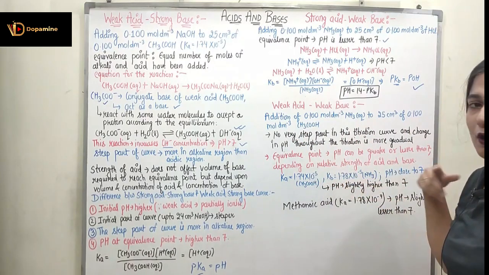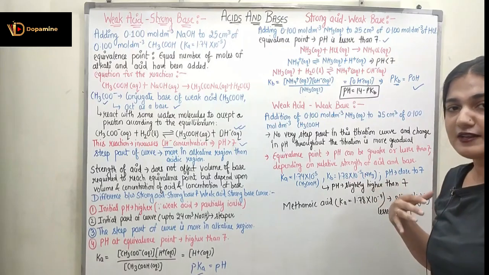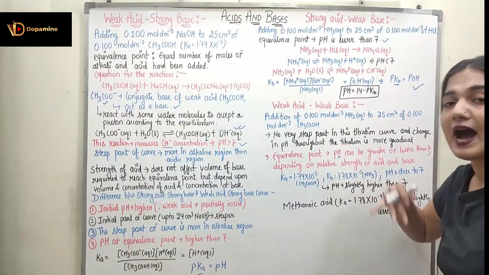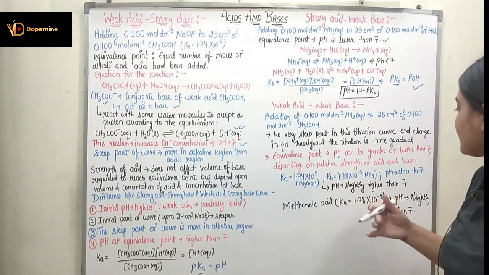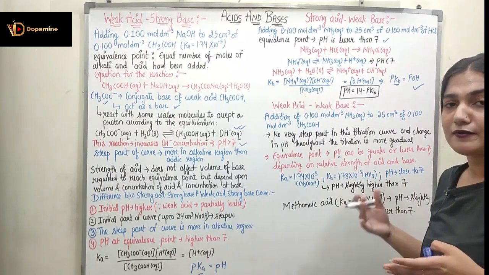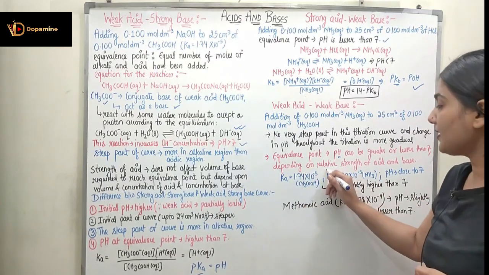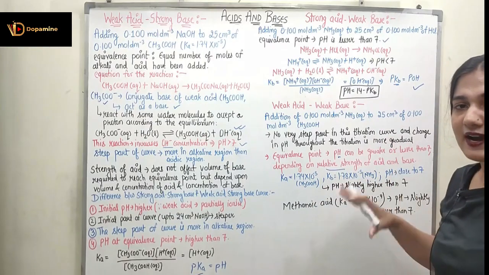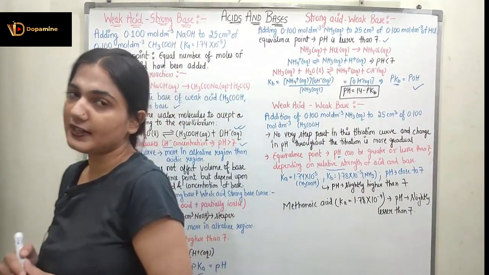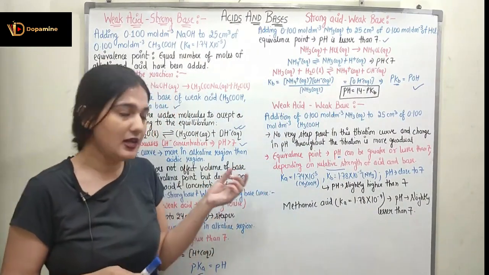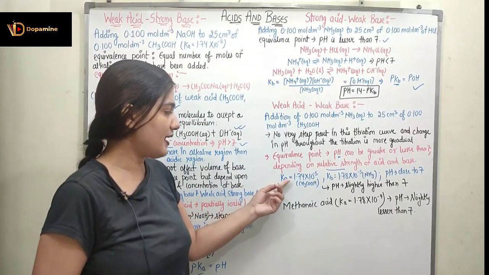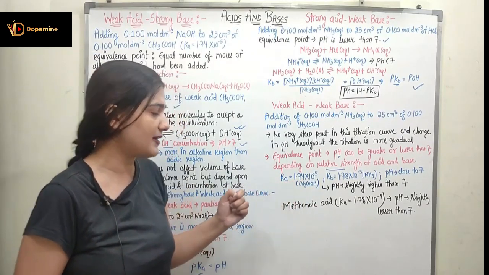The equivalence point will be the point where I have an equal number of moles of acid and base, and here at the equivalence point pH can either be greater than 7 or lesser than 7 as well. Now on which factor is it dependent? It is dependent upon the relative strength of acid and base. If the relative strength of acid and base varies, I will get pH greater or less than 7. For example, if I am taking CH3COOH, ethanoic acid, its Ka is 1.74 times 10 raised to power minus 5.